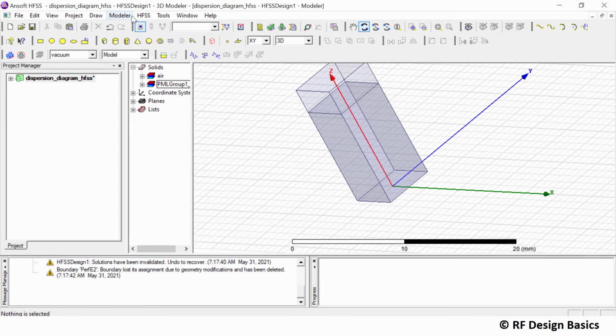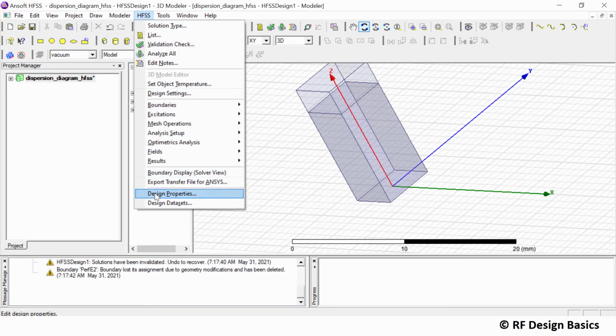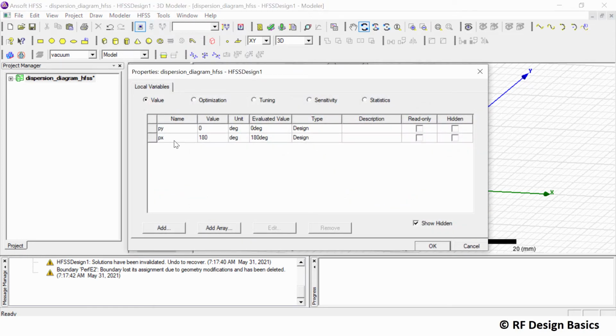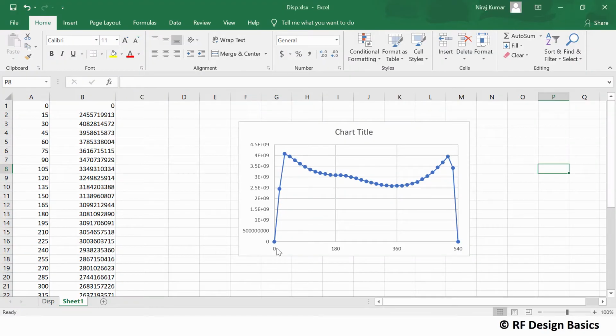Now next part is go to HFSS in the design properties. Now here we have taken Phase X 180 degree, make it 0 degree so that we don't calculate for the 180 degree. The reason behind this is, if you see the plot, the light line is expected to be a straight line which is passing through 0 and then this point, and then it will go a straight line. Similarly, the light line in the right hand side will be 540 to this, and then it will go a straight line. So simply you can draw from here 0 to the first line, that 15 degree, and then a straight line that will be almost same as the light line.